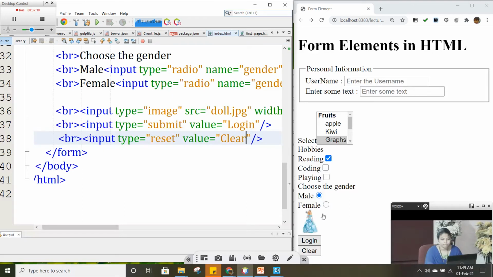Now you can see a button came here as clear. Let us give some values here and here as well. We know this is wrong, and when I click on the clear button, the data I have entered is automatically cleared. That is the purpose of type reset. It will clear all the input values we have entered in the form elements.